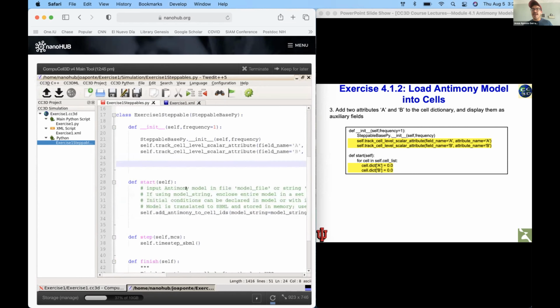But now I have to create and update this attribute in the cell dictionary. And that is just as simple as, in the step function, adding the attributes, I'm sorry, A and B to my cell dictionary. And then question for you, how do I reference the values of the subcellular model